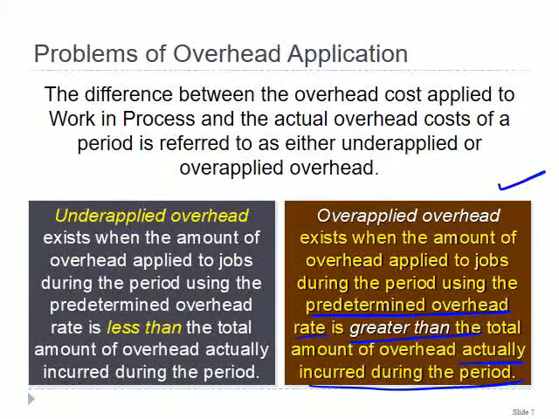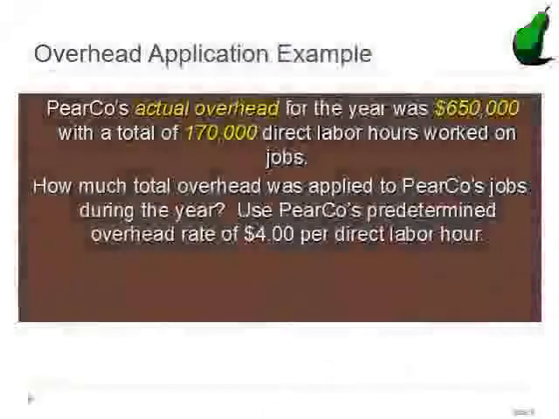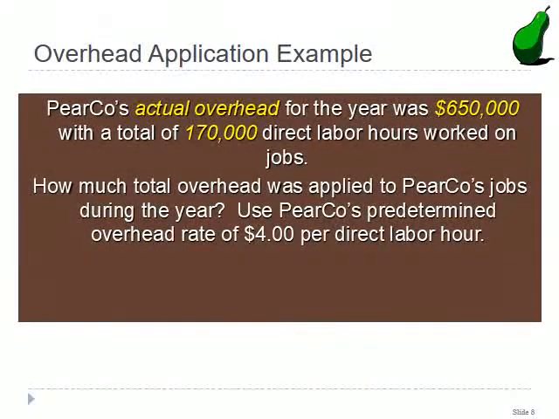Which means if applied or estimated is greater than the actual one, then we are facing the issue of overapplied. So let's explore this concept further, how we're going to deal with that one. So examples include